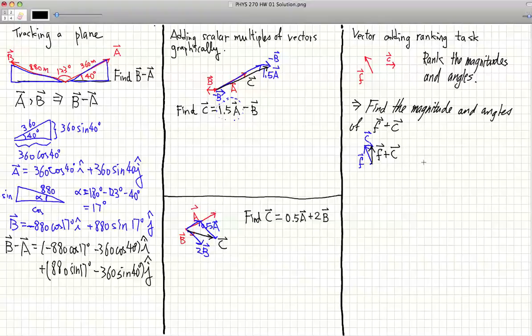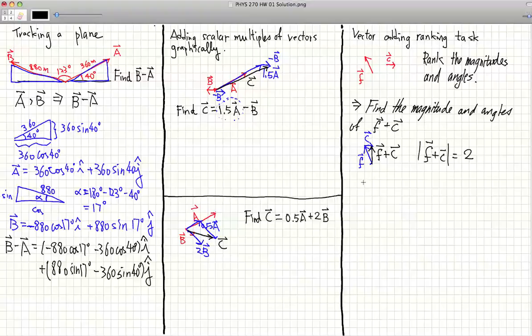From the diagram, you can see that the magnitude of F plus C is just 2. You see 1 box, 2 boxes. So you can find the magnitudes of all the other vectors, and then by comparing them, you can rank them one by one. In this problem I solve it by just looking at the diagram,